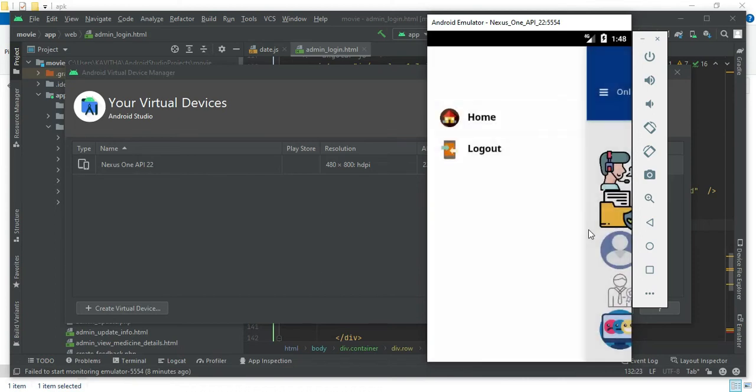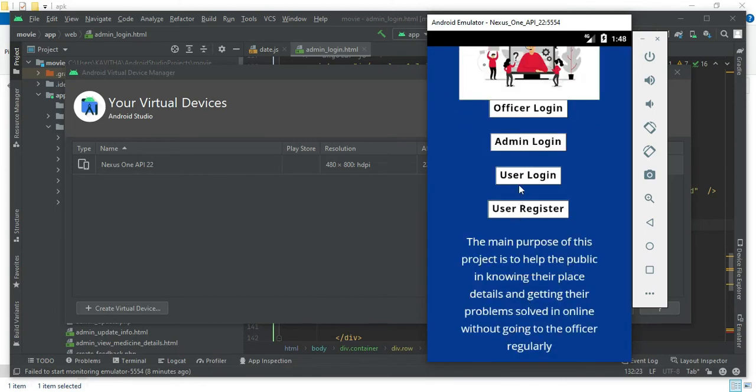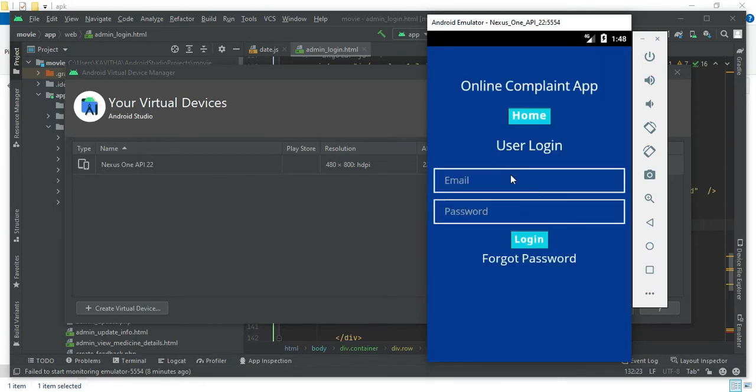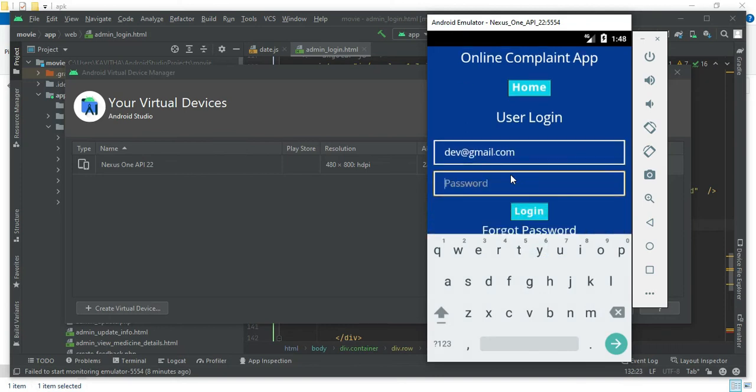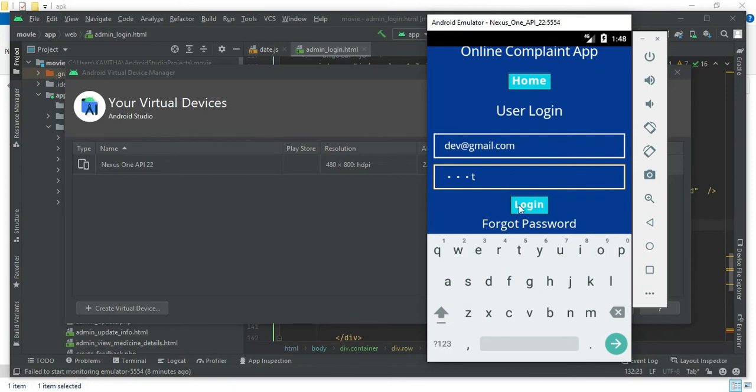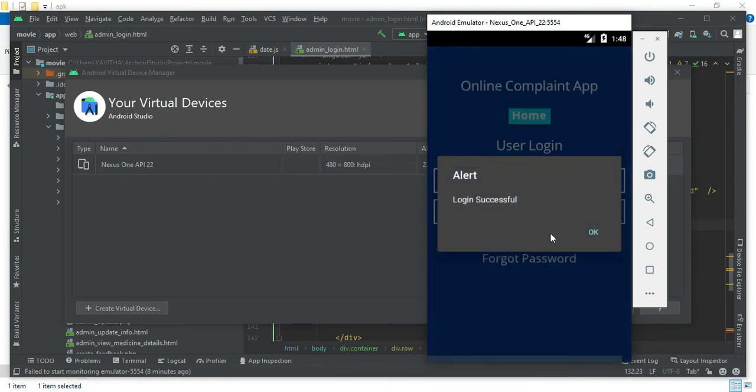So that's all for the officer login. From the user login, if you log in to this account, you can see the updated status, and for the admin also the count and report will be updated.